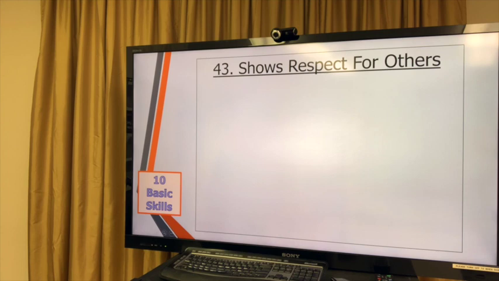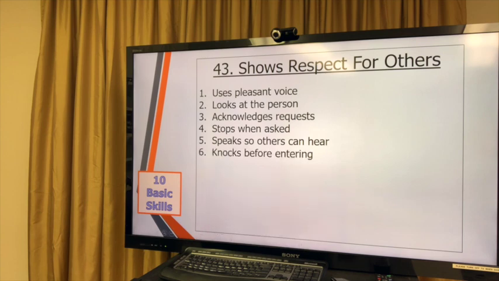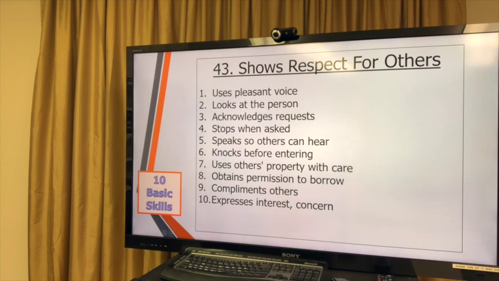We have shows respect for others: uses pleasant voice tone, looks at the person, acknowledges requests, stops when asked, speaks so others can hear, knocks before entering, uses others' property with care, obtains permission to borrow, compliments others, expresses interest or concern, helps others,